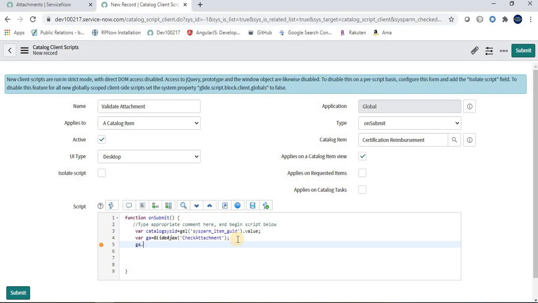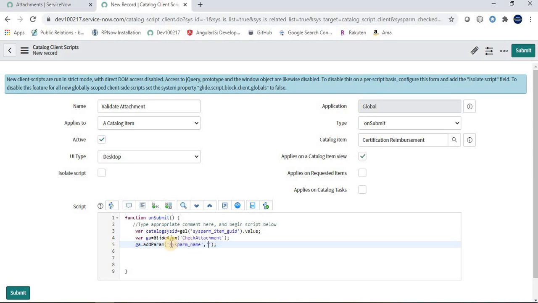Then say GA dot add param. Here I use sys param underscore name, and here I have to give a method name. The method name is from the script include. This is the script include and this is the method we want to execute, which is available in the script include.